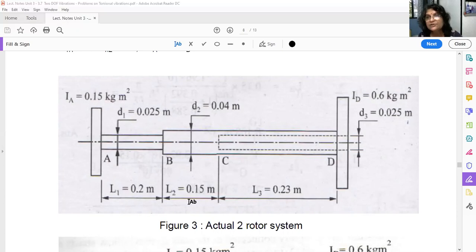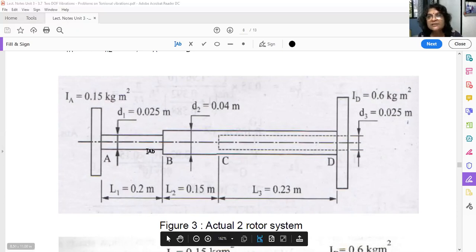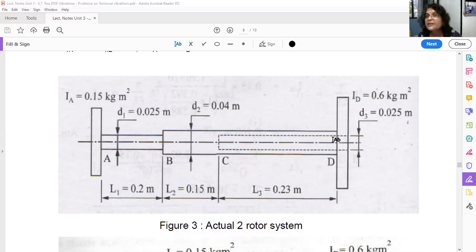Their lengths are also given. Now this diameter is given, this diameter is given. Here you have to find out the diameter, because this is the hole and the hole diameter is given as 0.025. So how much is the diameter here? Whenever you consider the formula, you take D1 raised to 4 minus D raised to 4 to find the equivalent length. You will get this section for the equivalent length.